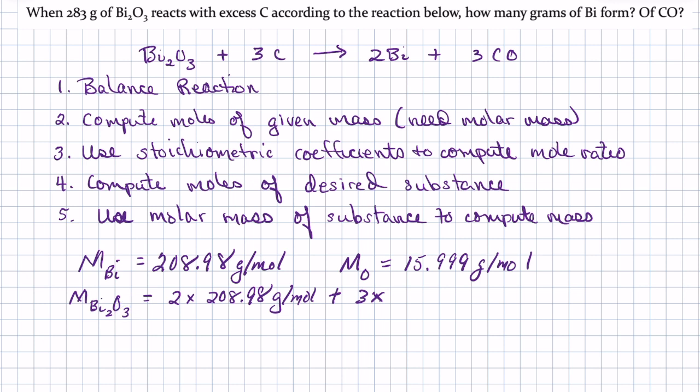We're going to multiply that by 15.999 grams per mole, and we're going to add that together. And when we do that, we're going to get a total molar mass of 465.958